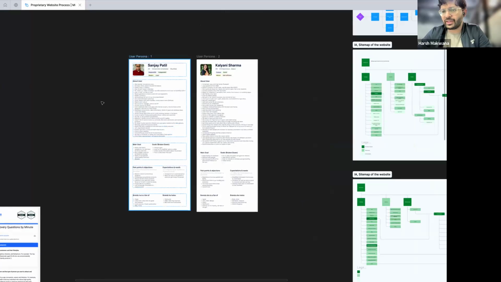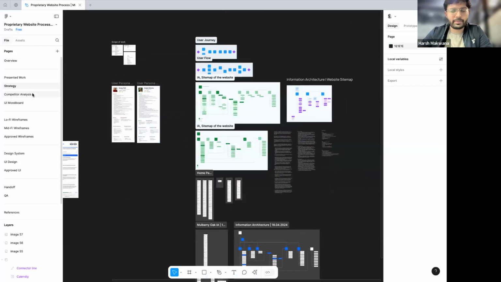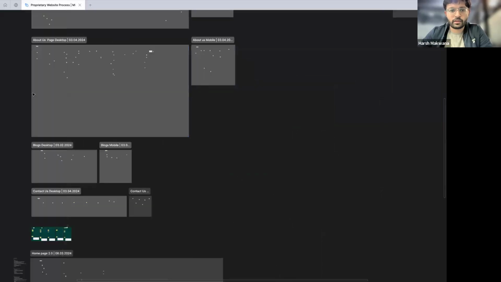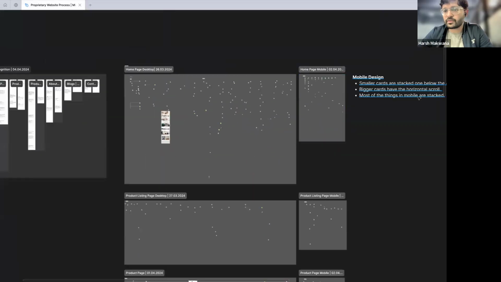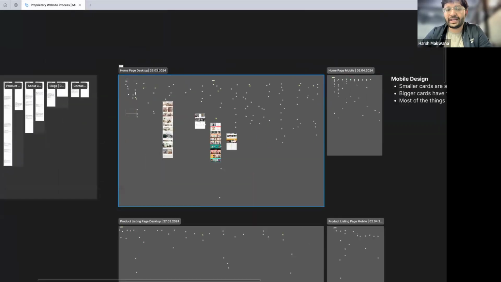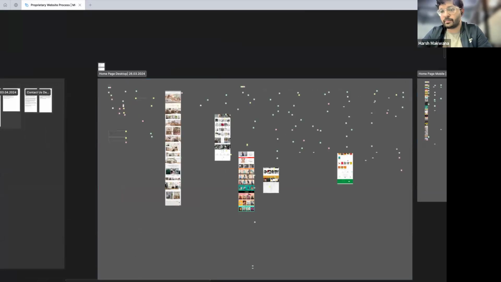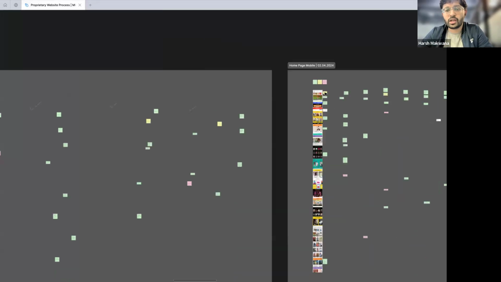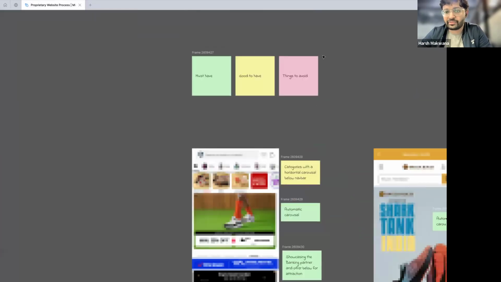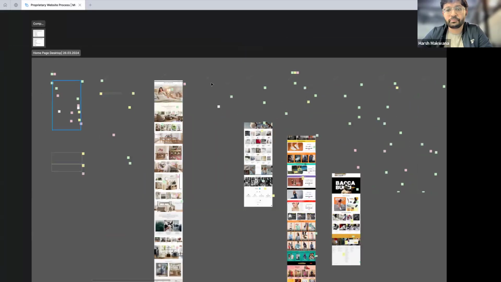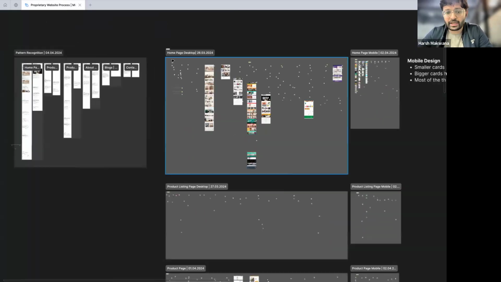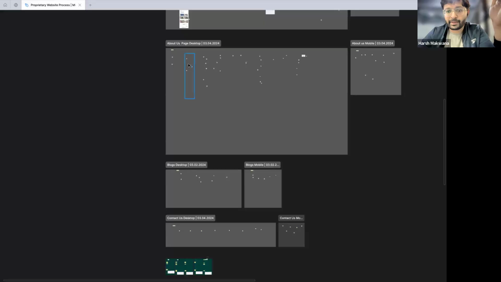Now, once all of that is done, we start with competitive analysis. In terms of competitive analysis, we are trying to look at desktop approaches and mobile approaches. We are trying to identify what are some of the must-have things, good-to-have things, and things that we should be avoiding by looking at all our competitors, be it direct or indirect. We're making notes throughout. And once we make all these notes and take a look at all the pages of our competitors, be it mobile or desktop,